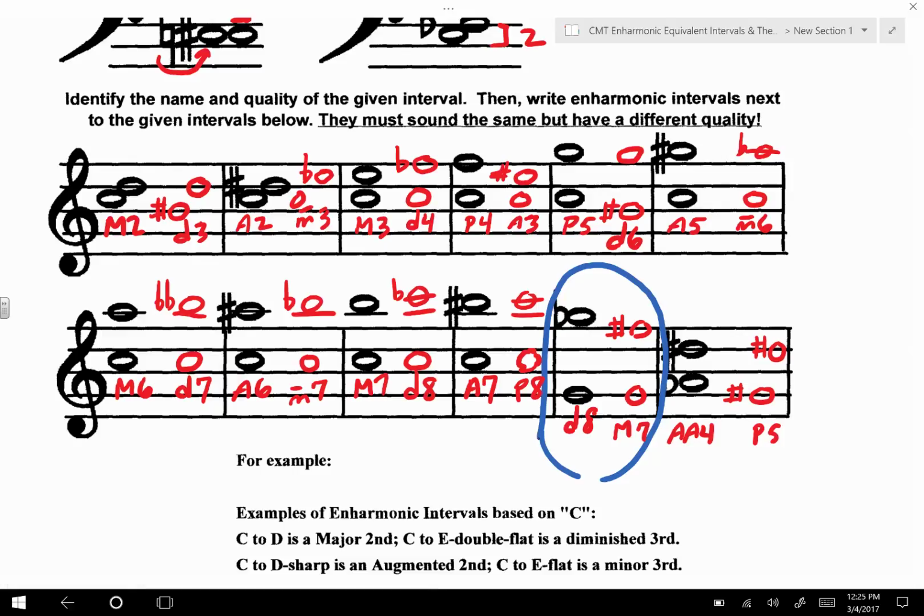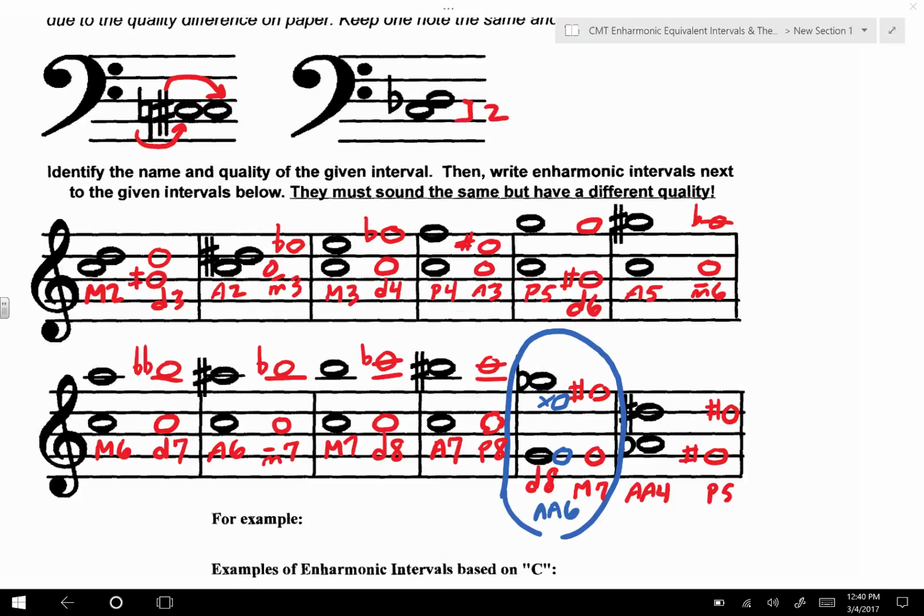Perhaps some of you decided to put the E double sharp like this and kept the G. Okay, if you did that, that would still sound the same, but we would have to call that a doubly augmented sixth. You should also know that when taking exams or quizzes or doing homework assignments, you have to really